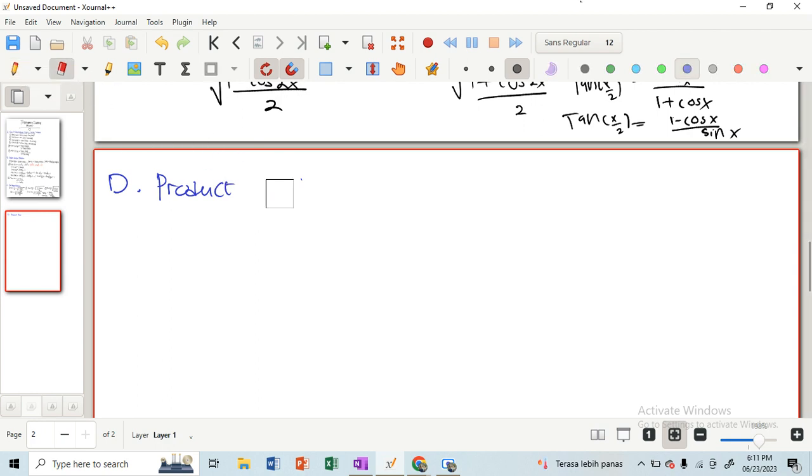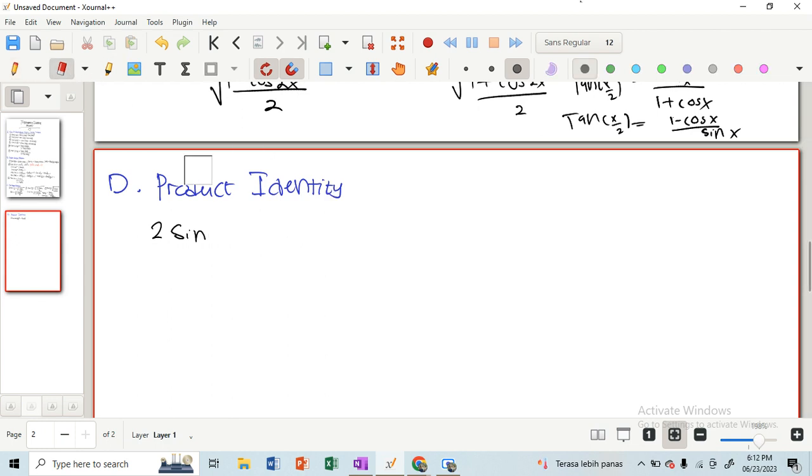Product identity. So for the product identity, actually it's just the same with the previous identities, but I will still tell you about it. So if you have 2 sine alpha cosine of beta, you could expand this into sine of alpha plus beta, or